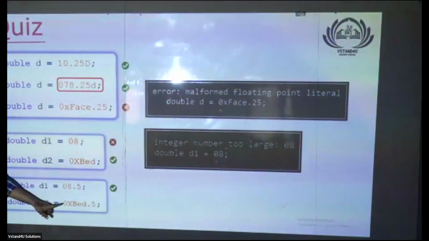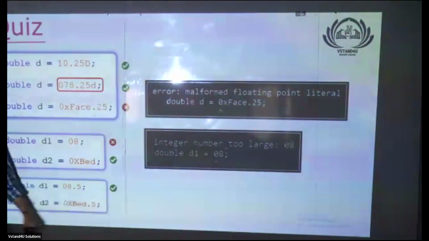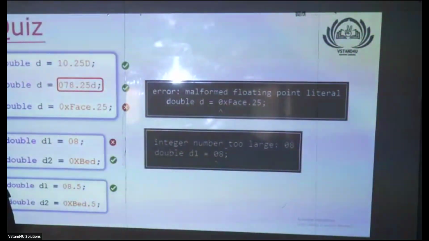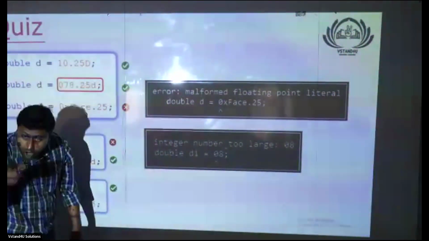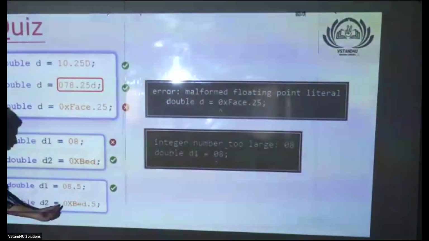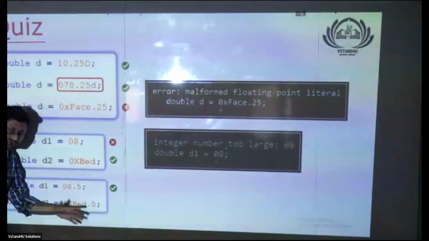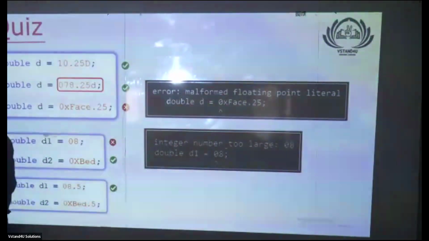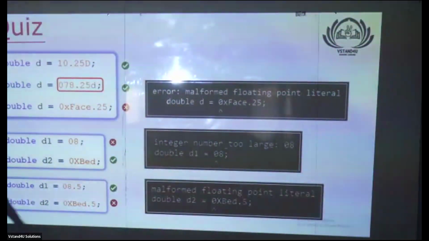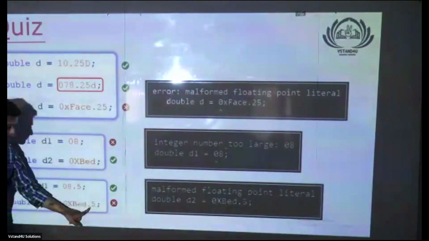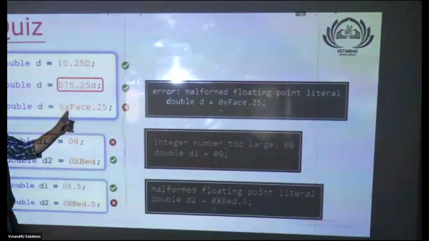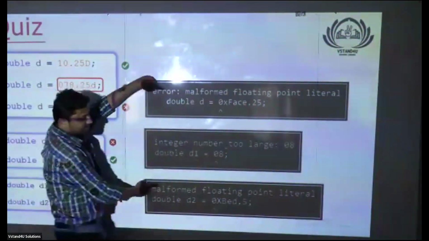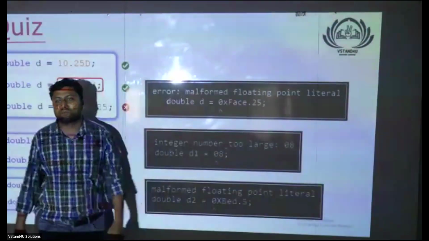Next one. A number which has a decimal part. Integral, floating point. For floating point, octal and hexadecimal allowed, not allowed? Not allowed. Agree? If not allowed, what does it mean by 0x and BED? Not allowed means not allowed. Pay attention. Read. Malformed floating point. When is it malformed floating point? When you are representing a number with decimal starting with hexadecimal. Can you see this here also? Same error is there in both the places. Are you getting my point?